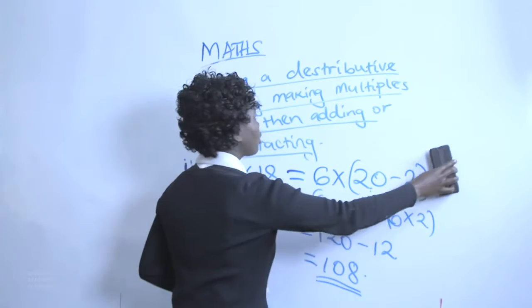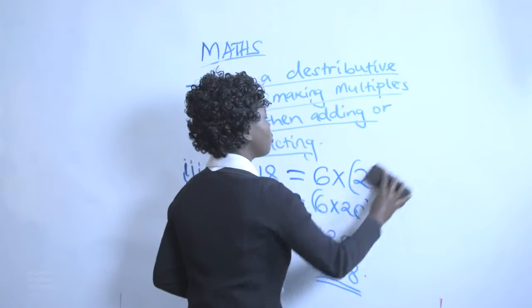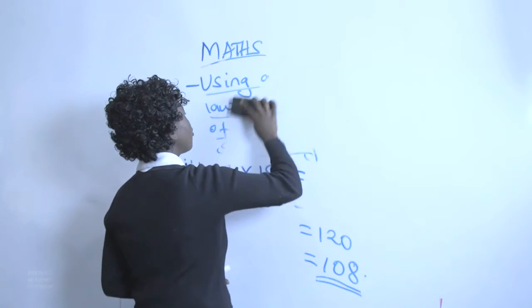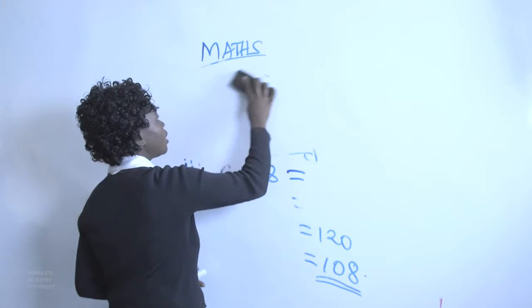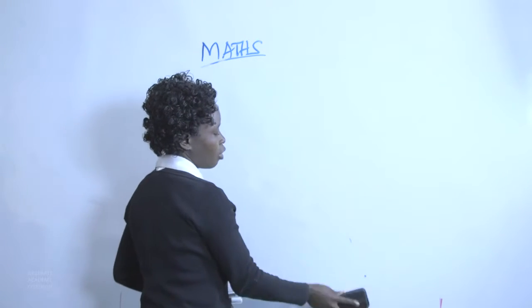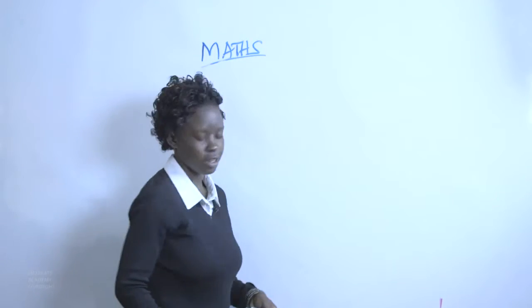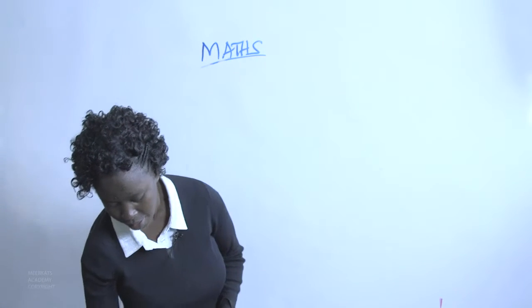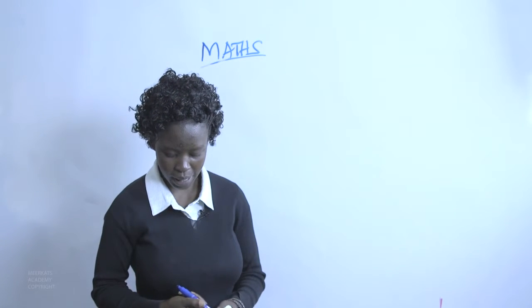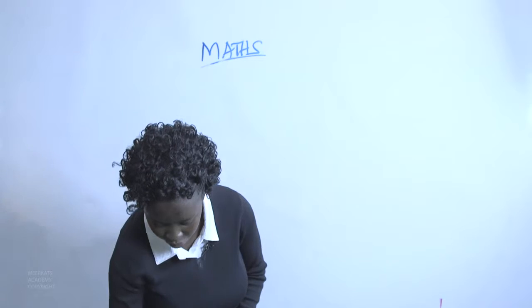So that is using the distributive method, where you are distributing your figures by making a multiple of 10, then you either add or subtract a digit from that figure that has been made. Another method in which we can multiply small digits